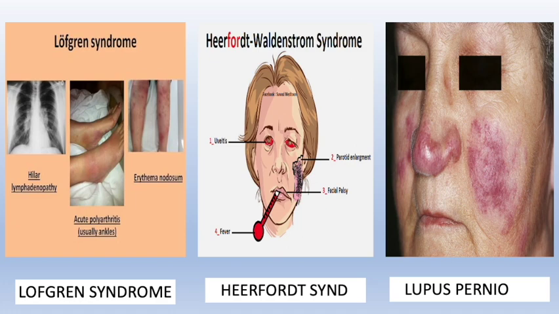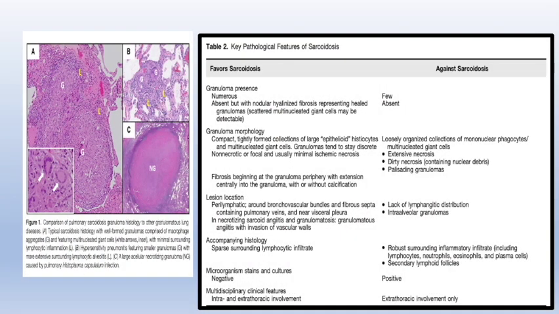characterized by uveitis, parotid enlargement with 7th nerve palsy and fever, and lupus pernio, or the rashes over the malar region as well as the bridge and tip of the nose. As we said, demonstration of non-caseating granulomas is very, very important in sarcoid management. The demonstration of typical pathological features also suggests sarcoid.